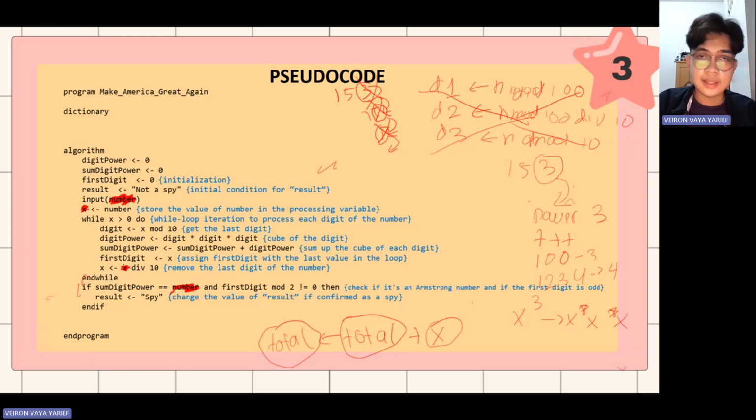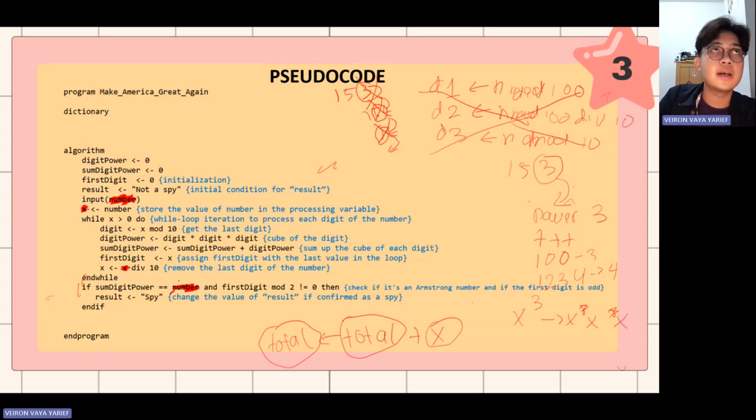at the end of the loop, is it the same value? Of course not, because x always gets division by 10 on every loop. So it will not end on the first digit. Worse, it will end on 0. Okay, x div 10, it always ends with 0. Do the tracing, trust me. Sum digit power equals to number. So we need to keep the number as our real input and make a copy of it, and the copy is the one that we need to process. That's for the if condition for Armstrong. So if the sum digit power equals to number, then it is an Armstrong.